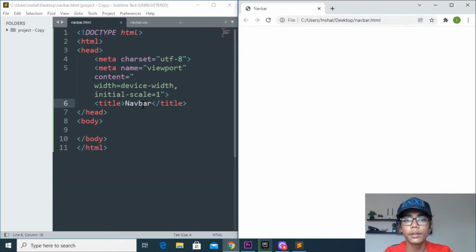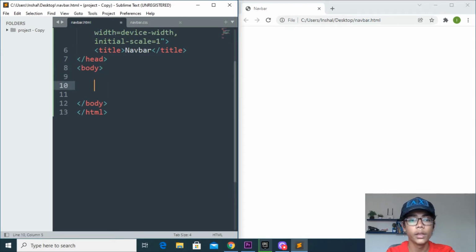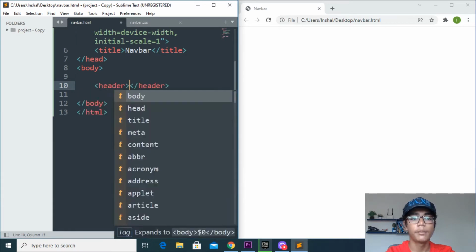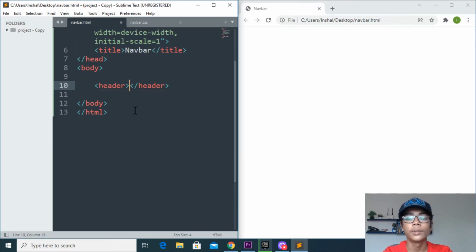So here I will now do one thing. I will move down and make a header tag. If you want to put a background image or anything like that, you can put it with the header tag, or you can use any other tag, because there are many other ways to put a background image, but I just use the header tag here. Simply I'll press tab and enter, and my tag will automatically appear. It is a really good thing in Sublime Text that you don't have to write the tag again and again, because in HTML we have to open the tag and then close it again. You just write the name of the tag, press tab and enter, and the tag comes automatically open and closed.